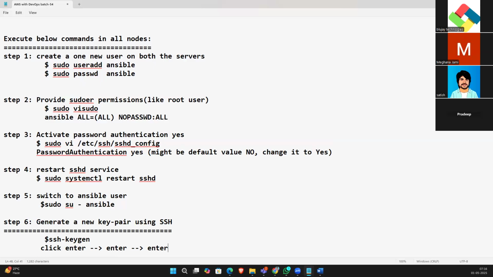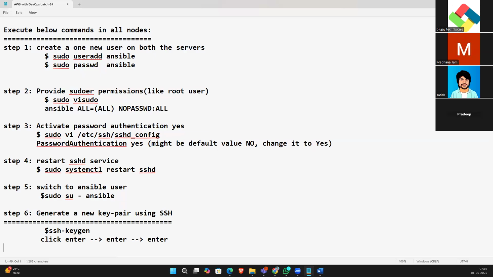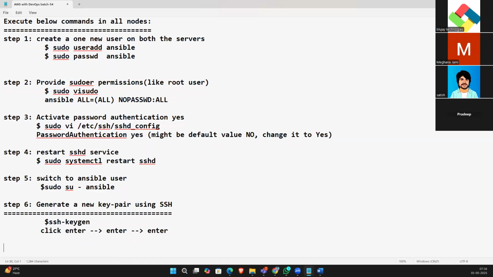Okay, it will create the files. So what files will it create? We're in the home, Ansible, right? The Ansible .ssh folder is created, and under the .ssh directory